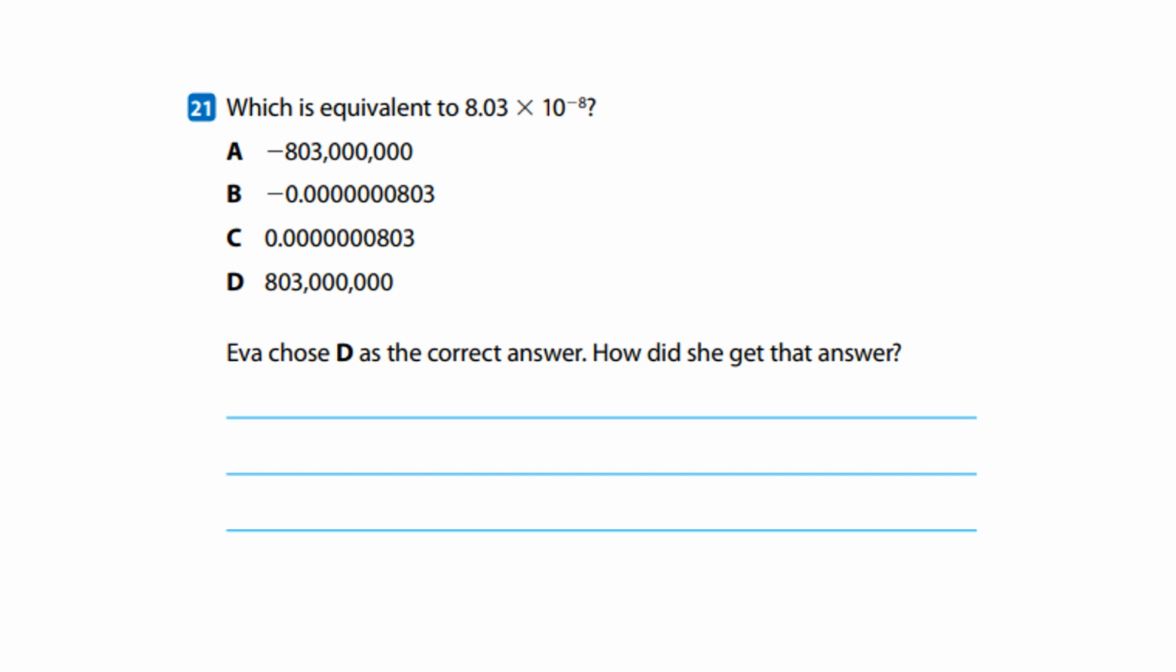For number 21, it asks which is the equivalent of 8.03 times 10 to the negative 8th. Now remember, when we have a negative exponent, that means that we're going to have a small number, which means our decimal point moves forward 8 times. And we would fill in all of those place values with zeros. Our correct answer would be letter C,